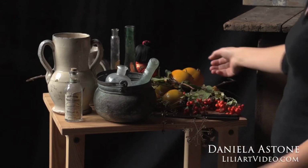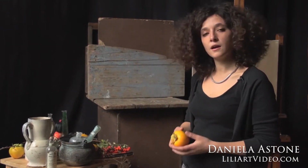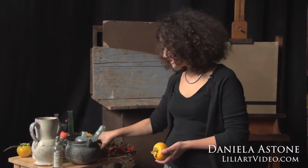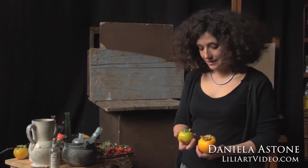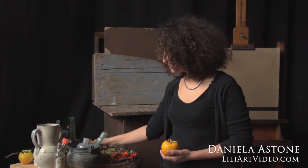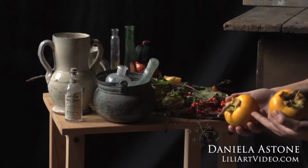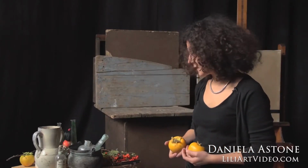And about the other still, kind of living things, like a fruit. Also these things can be considered basically something else, no? There is not one similar to another. They're obviously the same fruit, but they're different. And that is actually what you need to look for in order to make your still life work and be interesting, okay? So let's say that two similar things, like these two, for example, are maybe not good for your composition. So you need more different kinds of objects, different colors. The more they're creating a tension between their difference, the better it is, okay? So